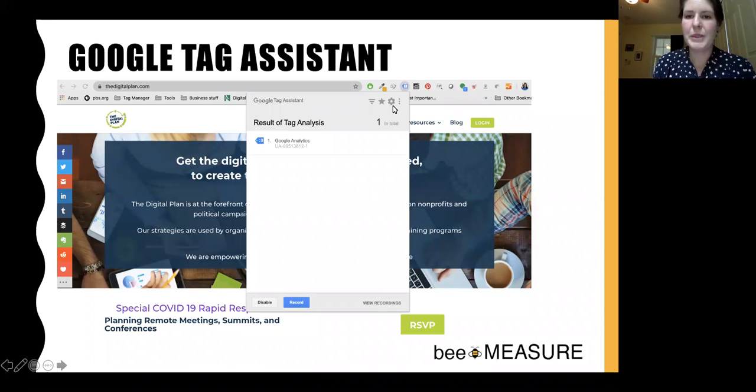I have a Chrome extension called Google Tag Assistant. Basically, if you turn it on and then reload the site, it will tell you what tags are installed on the site. So this is very helpful for figuring out, like, do we even have Google Tag Manager installed? What Google Analytics account is running on our site? Do we have duplicate things running on there? Sometimes people have Google Tag Manager or Analytics installed twice, and this will tell you. So it's very handy for solving some of those bigger, broader issues, mysteries.